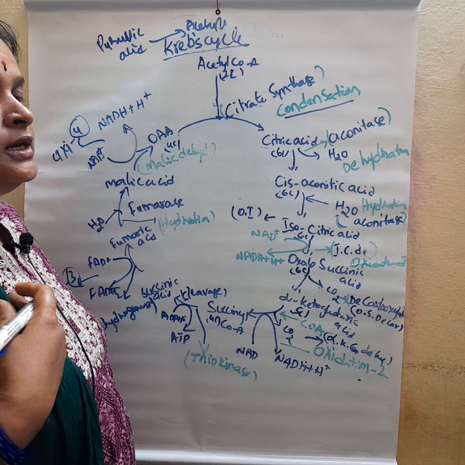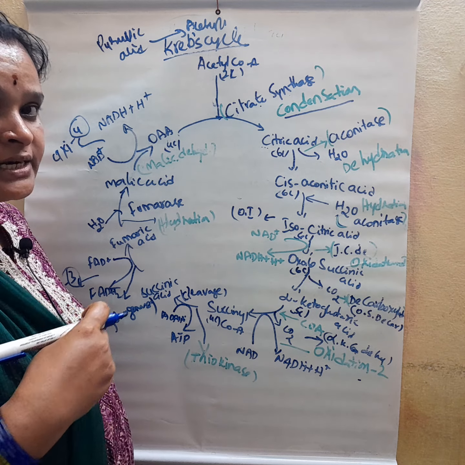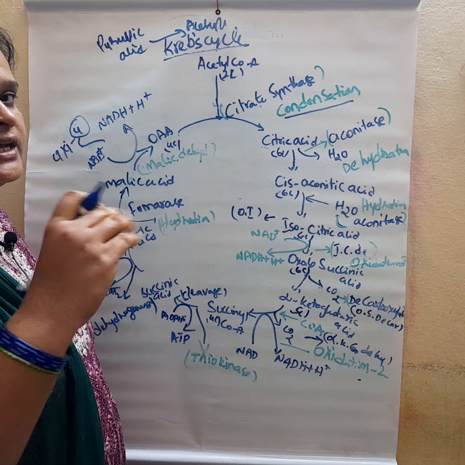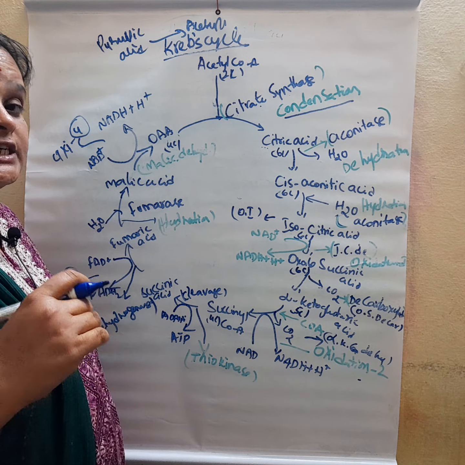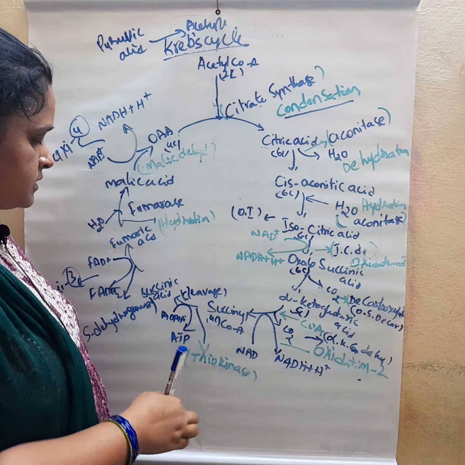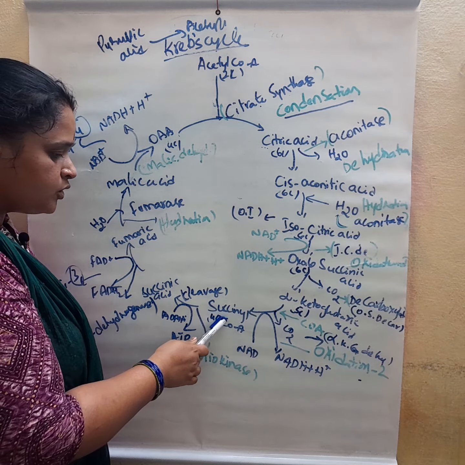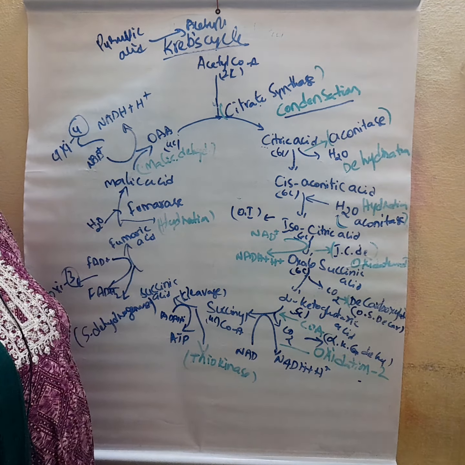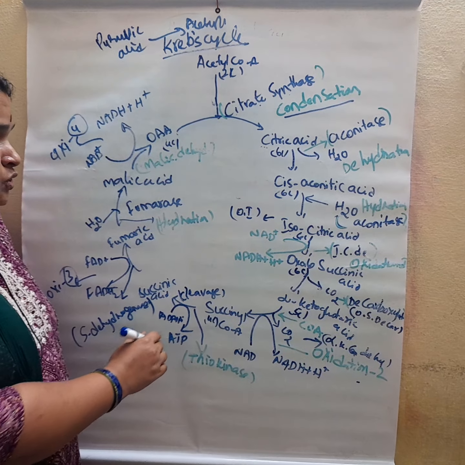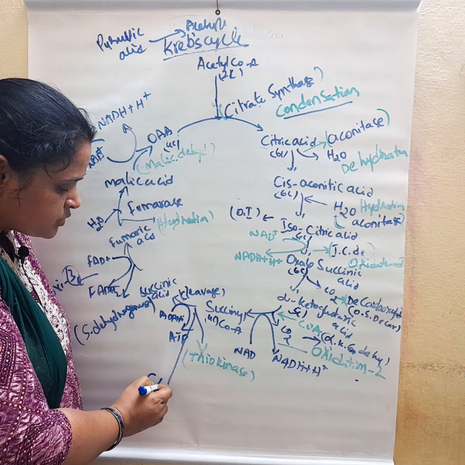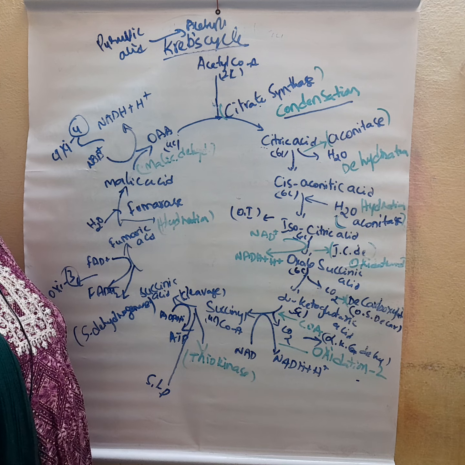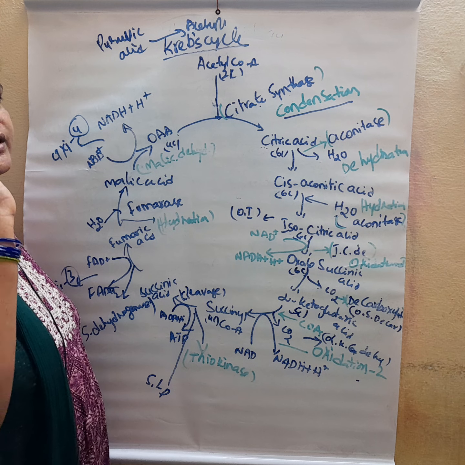Actually, at the time of my studies, they used to write GTP, not ATP. You might get confused, so they are writing ATP directly. Actually, GTP is formed, guanosine triphosphate, not adenosine triphosphate. Okay, leave it. So here ATP is generated. Succinyl CoA releases one inorganic phosphate, which is accepted by ADP forming ATP. So here it is substrate level phosphorylation, SLP, which is equal to the substrate level phosphorylation in glycolysis.